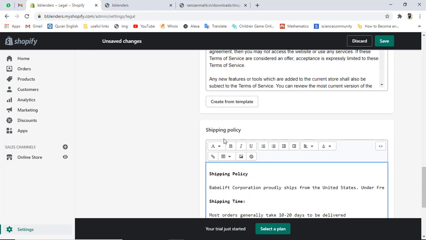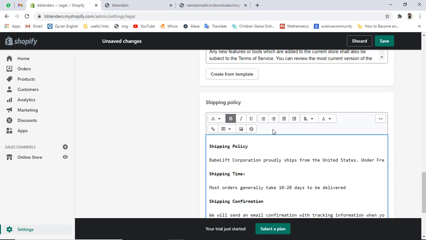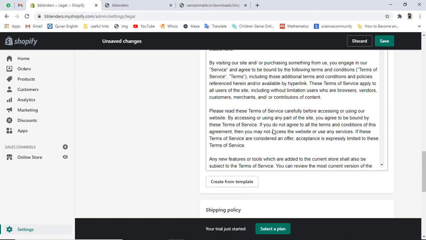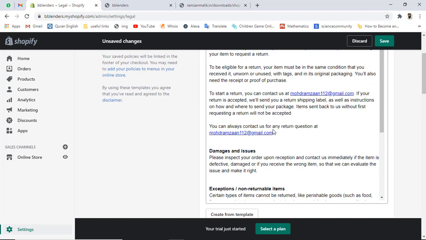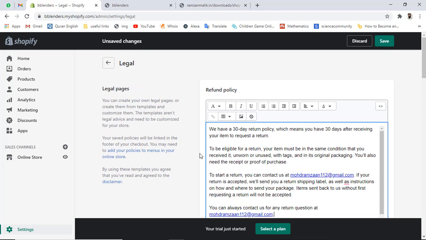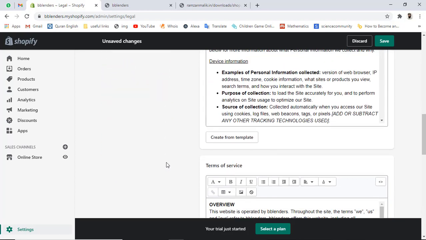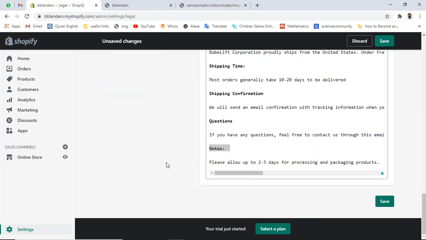So once everything is filled, then after we have to scroll a bit up, and one most important thing, which is like email address. So you can see that this is the default email address through which we registered our store. So you can modify this email address because your customers would be connecting you through this email address. So make sure that this email must be your contact email. All right, so then after we have to click on save. So finally we end up creating the policy pages for our Shopify store.